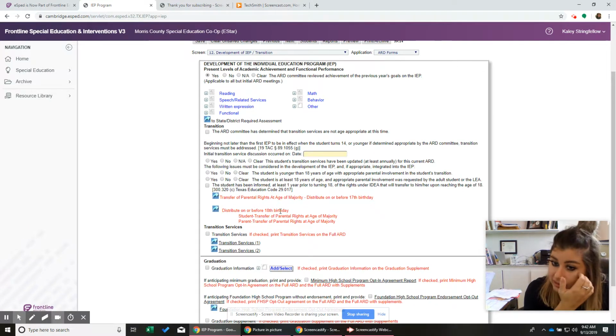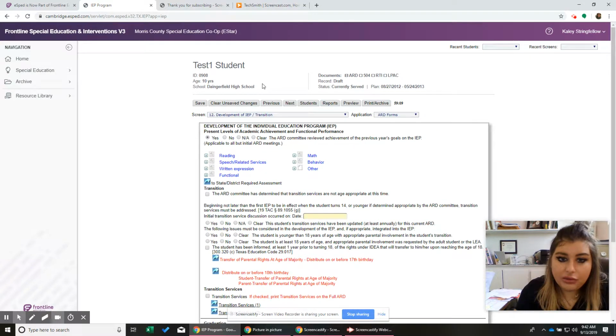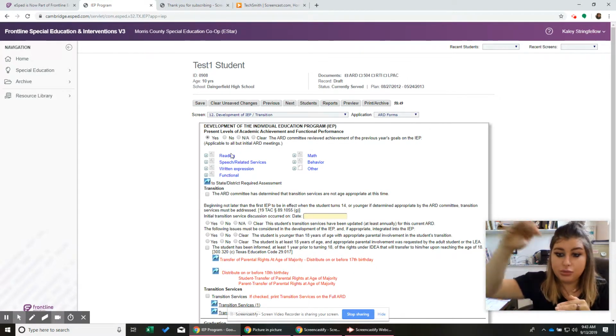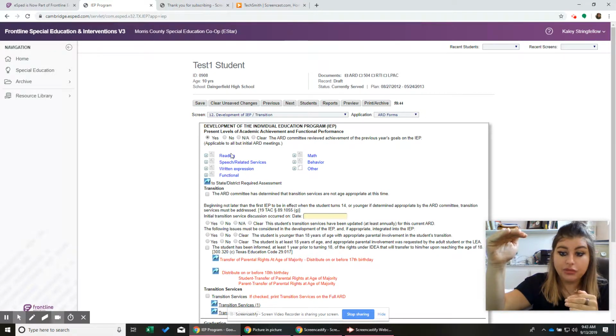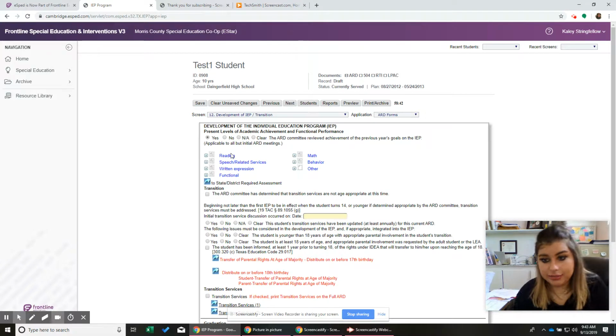And that'll happen when I say, okay, we're going to talk about how they're doing in class. And of course, the teachers that are in there can offer input on their area and talk about other things like social and behavior. But you are the content expert for the student and you need to be an advocate for them and really talk about this is where we are based on data sources, and this is where we want to be based on not just our feelings, but data sources. Okay.